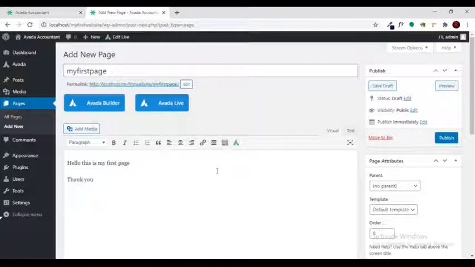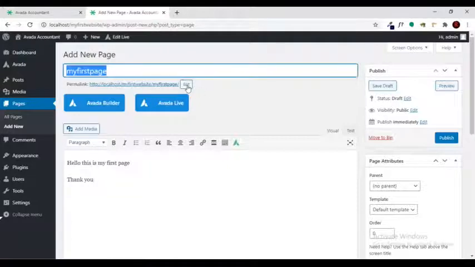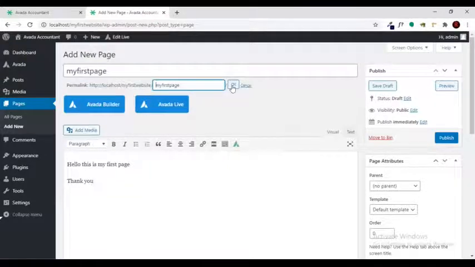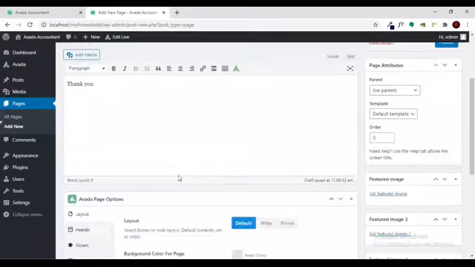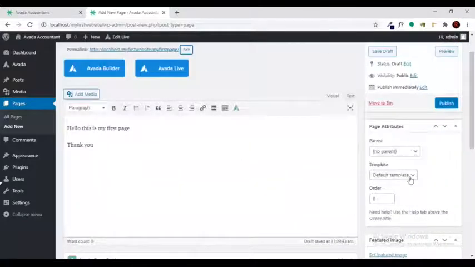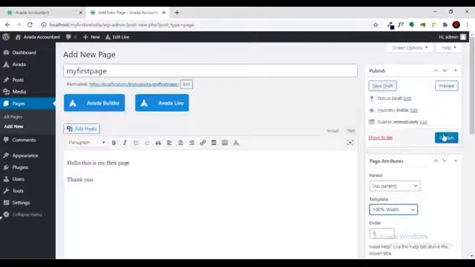You can add any text which you want to show on the website. You can also see here is the URL which will be generated with your page name. You can edit it if you want. There is a template option which you can choose, and then you just need to publish the page.